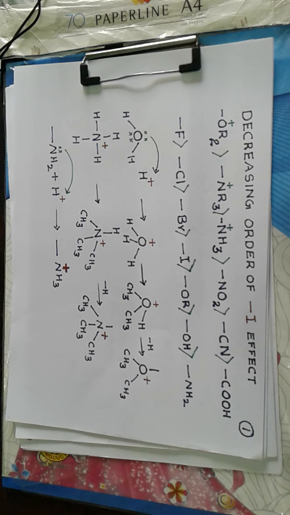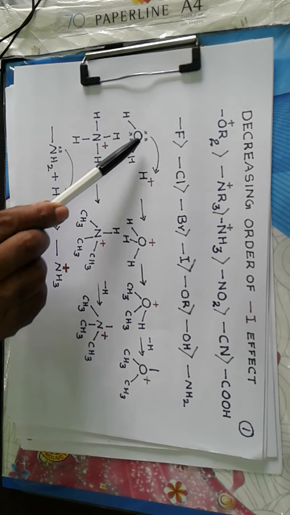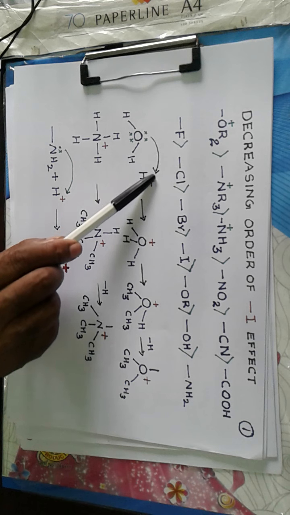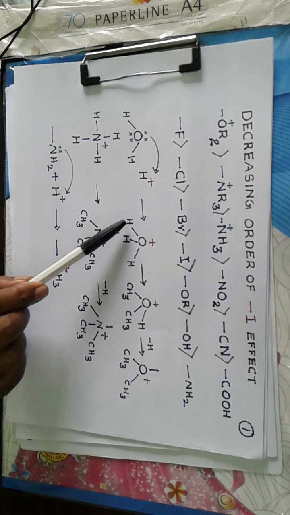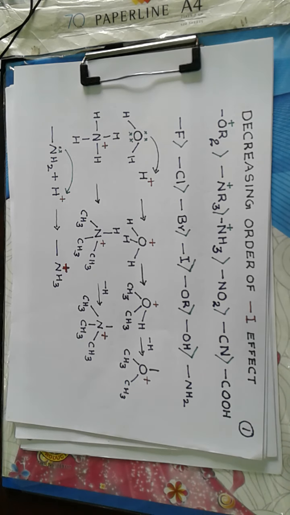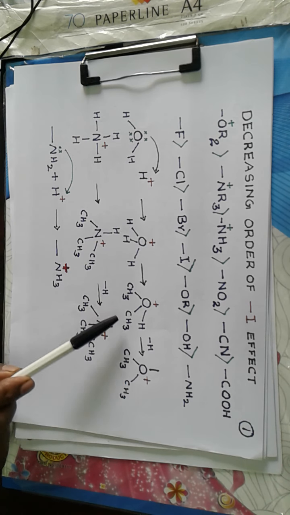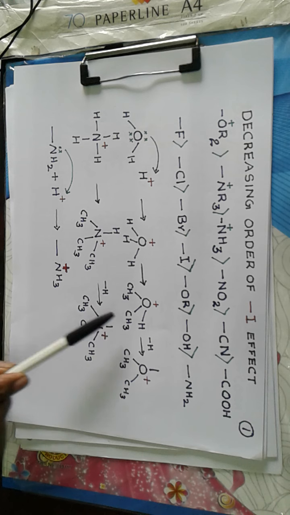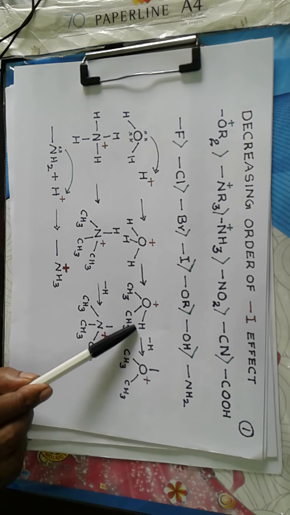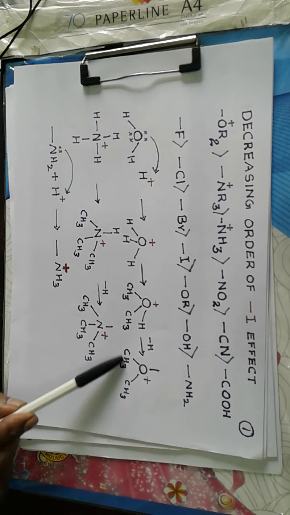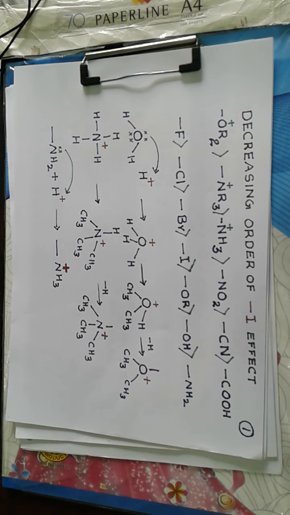Now let us see how dialkyl oxonium ion is obtained. Now consider water molecule. There are two lone pairs. Then one lone pair may be given to an H positive. Then we get what is called a hydronium ion. You replace the two H atoms by two alkyl groups, here two methyl groups. Then you replace the hydrogen atom, you get a valency, and that is dimethyl oxonium ion.